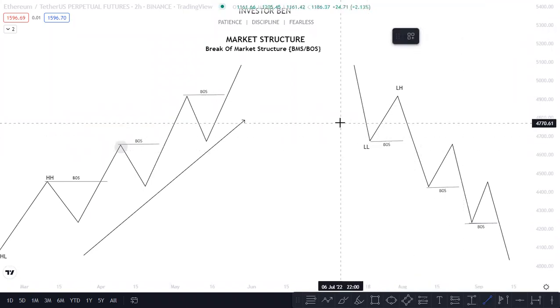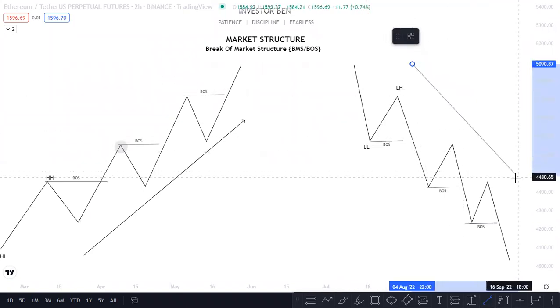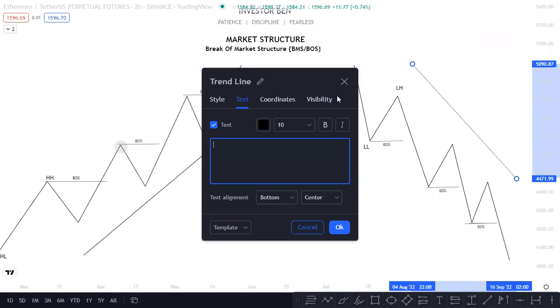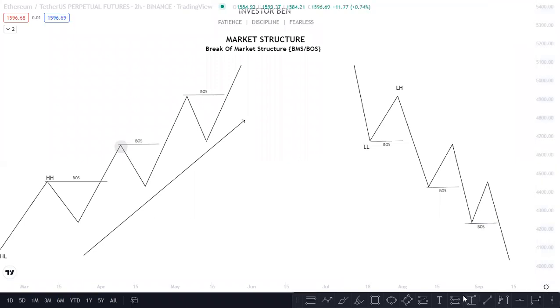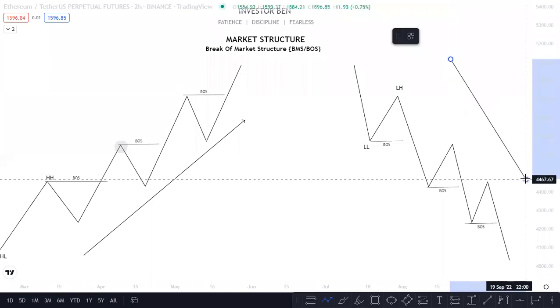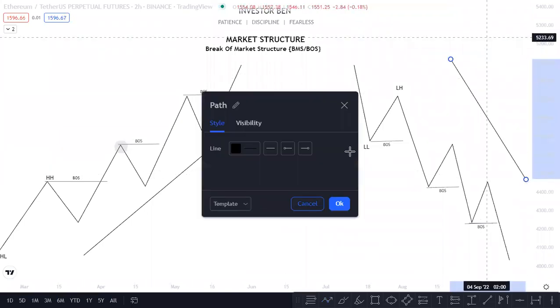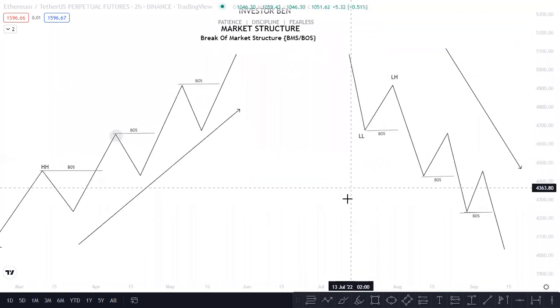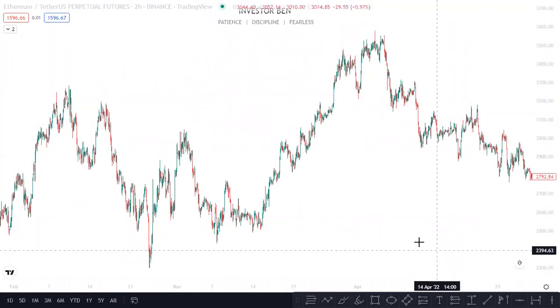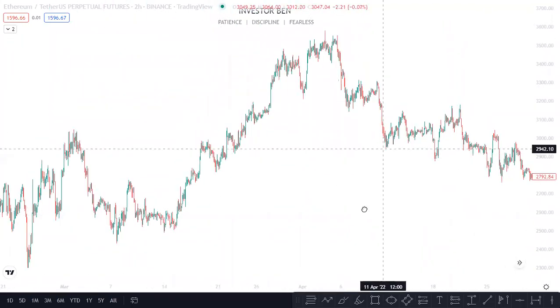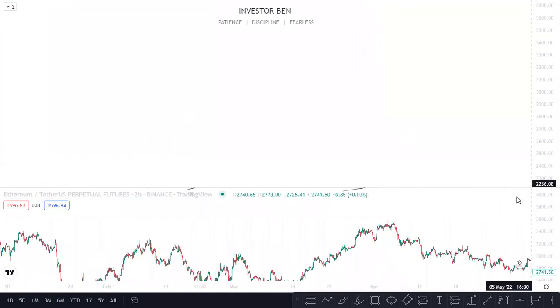So this is your downtrend, right? So moving to your charts, applying the same concept of BOS. So let's dive into the charts. Look at the basic BOS. So going to your charts, I could spot as much as I can see, right? Remember, what indicator did I just click on?